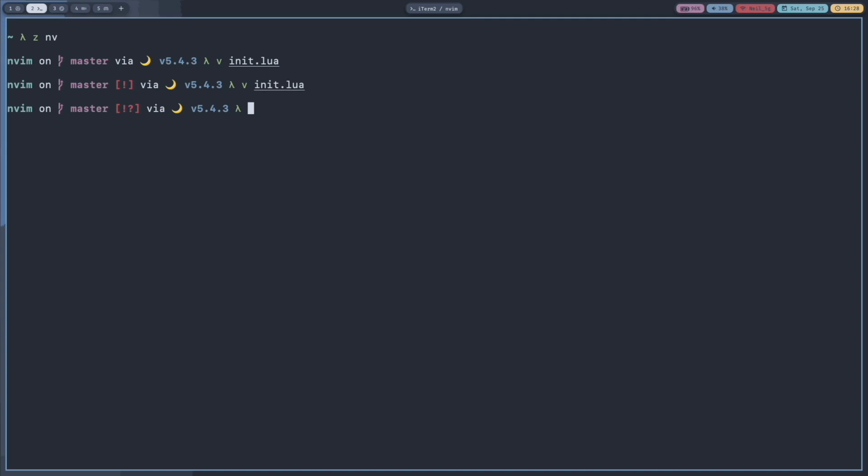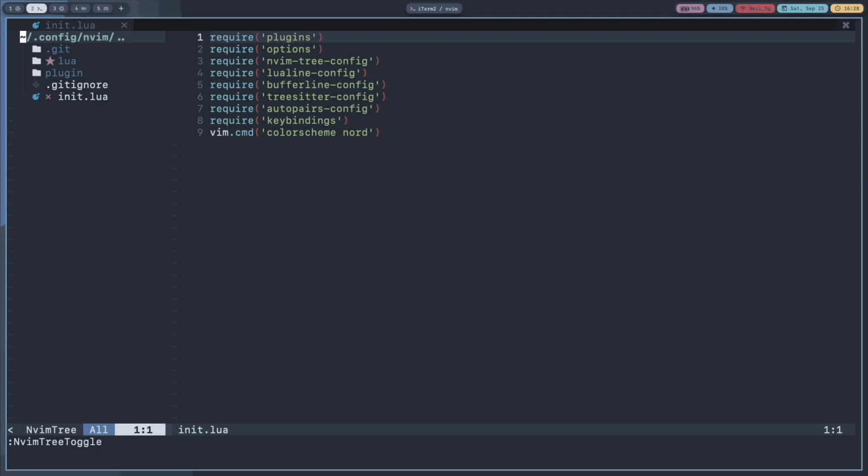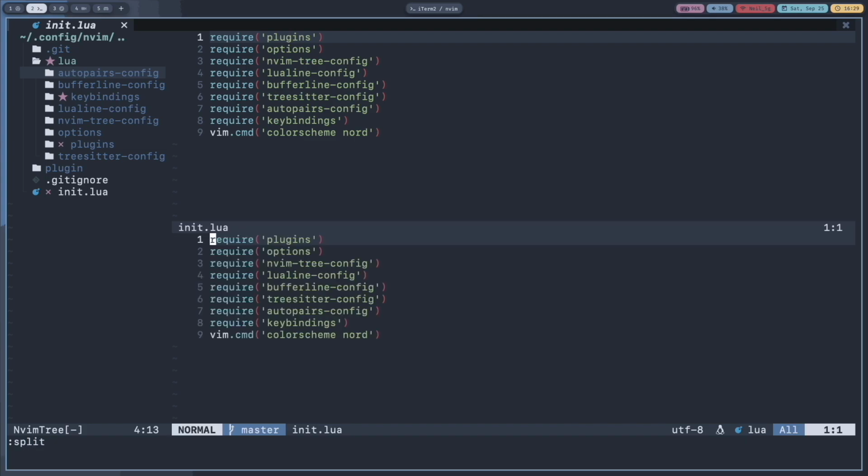Okay, now let's restart NeoVim and check. If I open nvim tree, if I press Ctrl L, it should go to this window. So let's press Ctrl L. Now it has changed the focus to the file. Okay, now we have remapped Ctrl-W L to Ctrl L. So I can press Ctrl L, Ctrl H, and if I do a split, I can do Ctrl K, Ctrl J to go up and down.